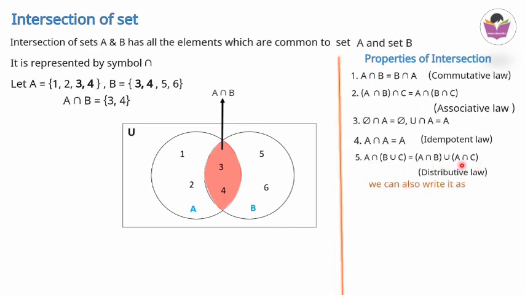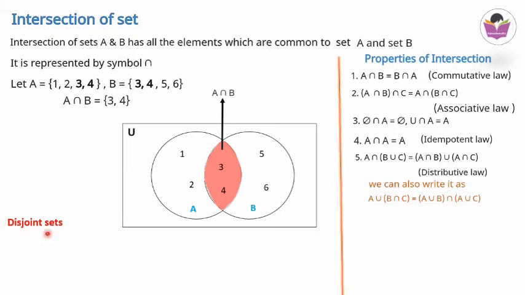Please note and study. We can also write this distributive law like this: A union (B intersection C). It means changing the operations here: here intersection, here you are using union. So A union (B intersection C) is equal to (A union B) intersection (A union C). So just think like this: A union B is written, then the intersection symbol, then A union C. So this is the way we are writing. These two statements are very important. So please note and study.